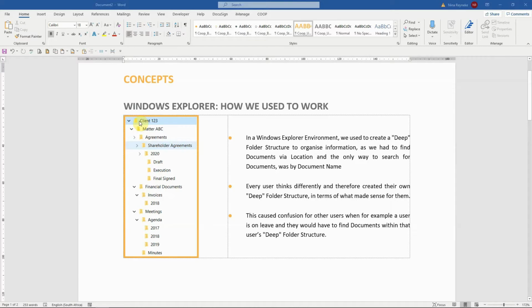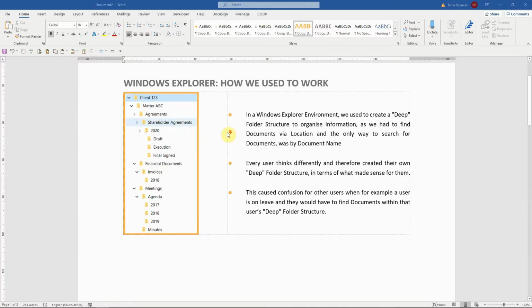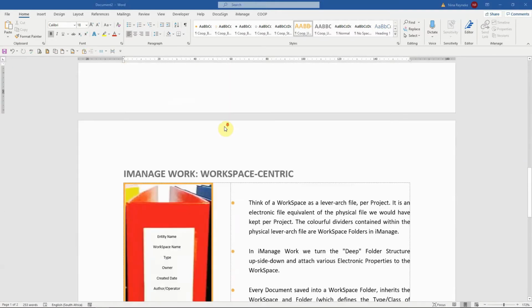Some people are very analytical and very organized, and if somebody else had to go onto their machines to find information, it would be relatively easy. However, we all think in different ways, and what is logical to one person might not work for the rest. So if a person goes on leave and somebody else needs to find information in their folders on the shared drive, it might waste a lot of time when we have to search for information. So that brings us to the concept of